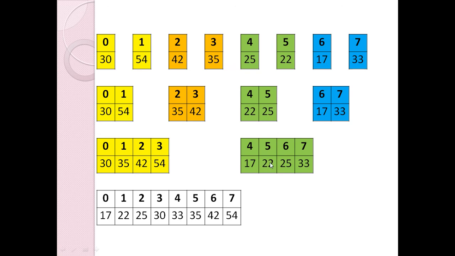So this will go to the output. Then this is on the top for this list. So this and the top of this will be compared. So this 25 will go. Then this is on the top. So this and this are compared. This 30 will go on the output. And then now this becomes the top of this. And this is 33. So 33 will go here.